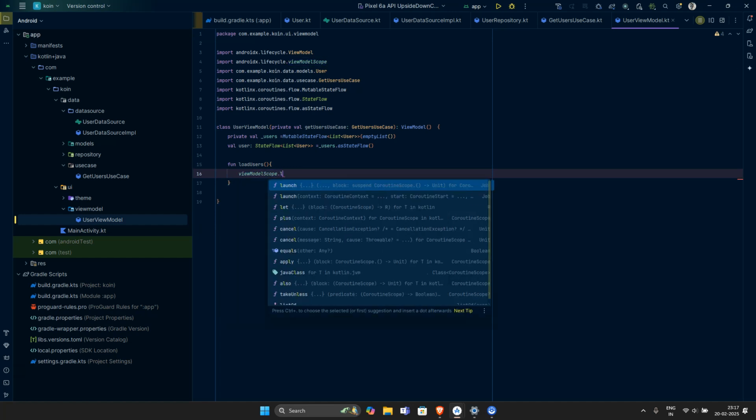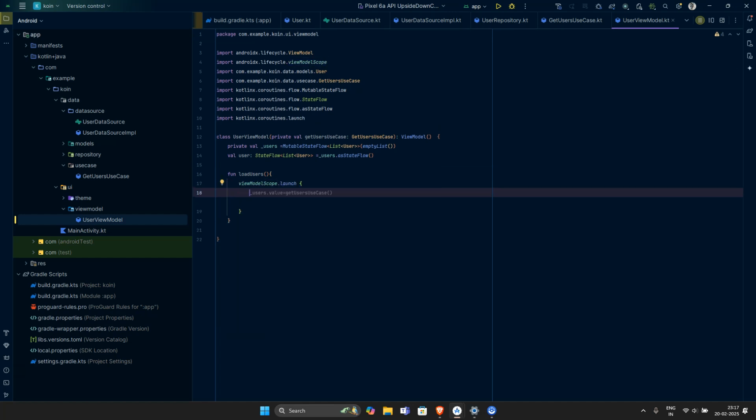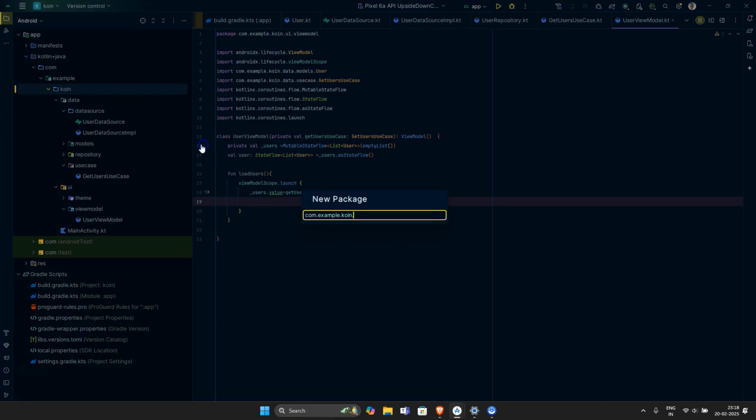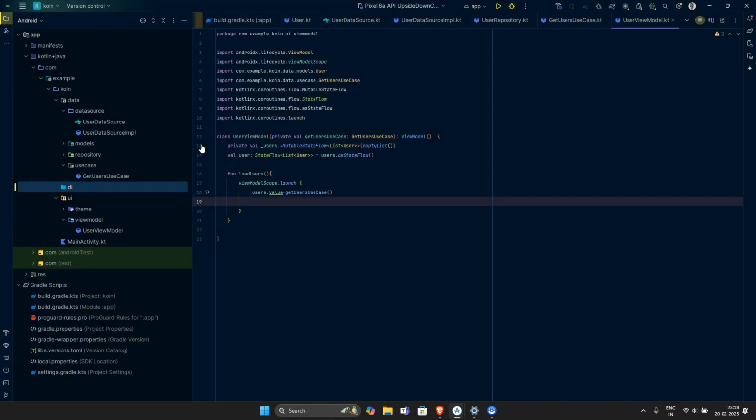Let's use our ViewModel scope.launch method and then simply set the user value. First of all, we can set the user's value to loading, and then we can try to get the user's use case. So that is the actual process of how to do things, but this is just a dummy app. Okay, now let's create another main package which will be di, and this di